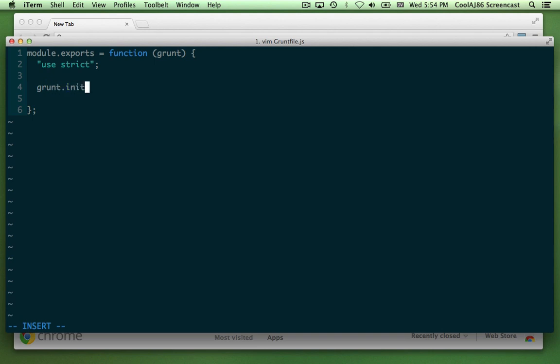Let's see, I believe it was initConfig, and then I give this a config object, and let's start with less. So less is the module name, and in options, I'll create a dev target. So I get multiple targets, and that dev target will have files, which files will be